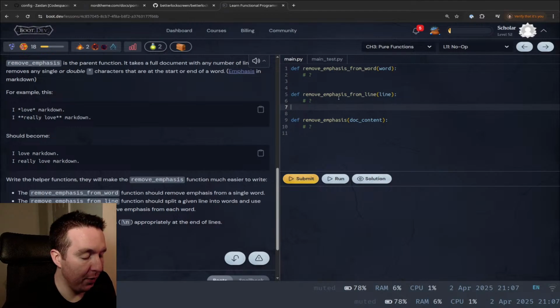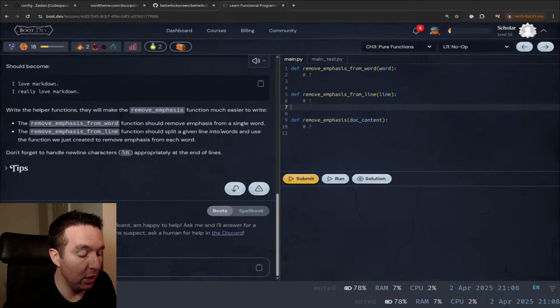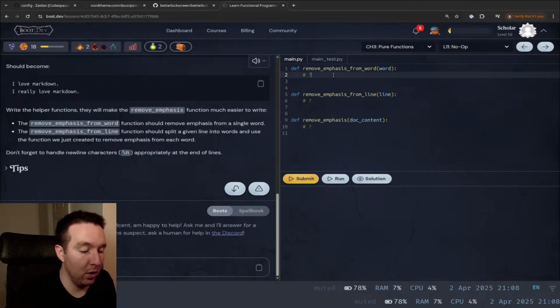Okay, write the helper functions. They will make the remove emphasis function much easier to write. The remove emphasis from word function should remove emphasis from a single word. So, okay. I think it's just a case of return word dot strip. That's going to be